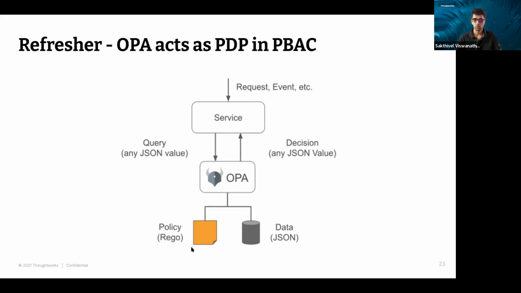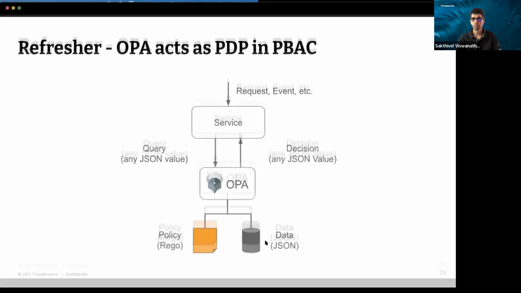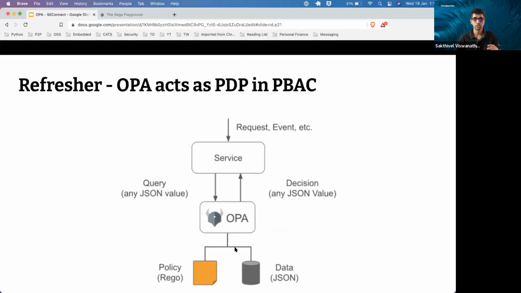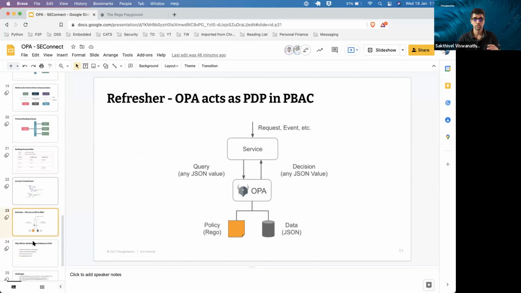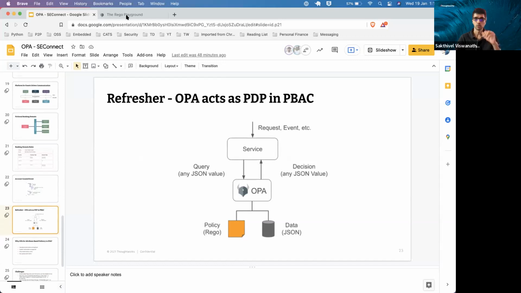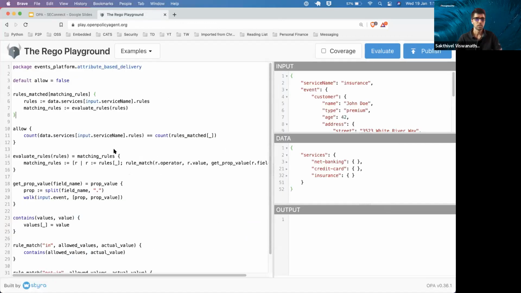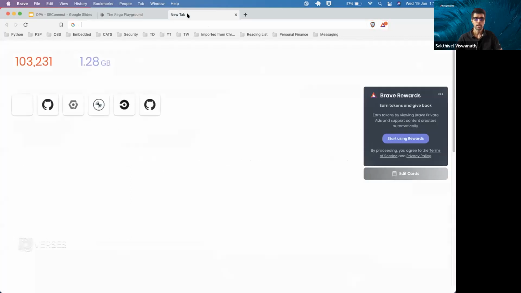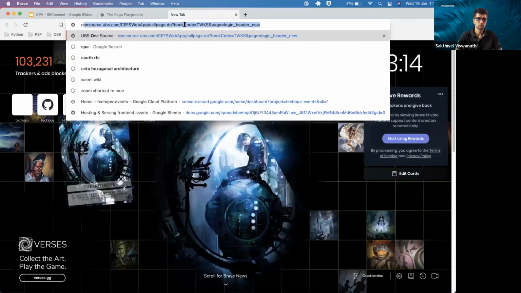We are not going to deep dive into the Rego policy language, but we'll see a quick demo of how dynamically we can write a policy which will be useful for making decisions based on the business context. With that, I'll go into the Rego playground. Hope my screen is visible. This is the Rego playground provided by the OPA website. If you can access the OPA site,